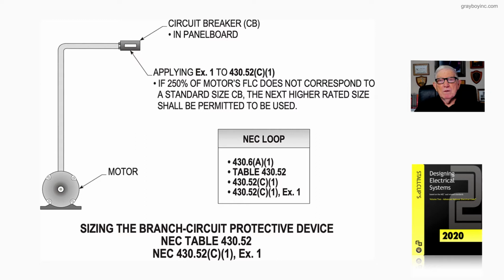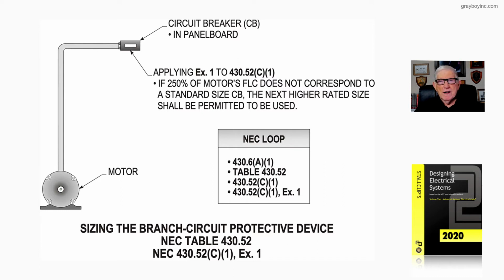Also, we would be referred to table 430.52 to size the overcurrent protection device, selecting a percentage there based upon non-time delay fuses, time delay fuses, instantaneous trip settings of a circuit breaker, or inverse time circuit breakers. Now, in the illustration, notice in the application of the exception 1 to